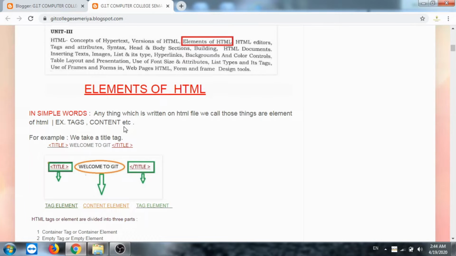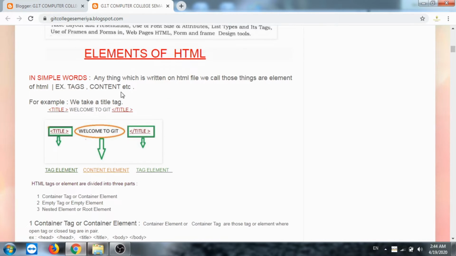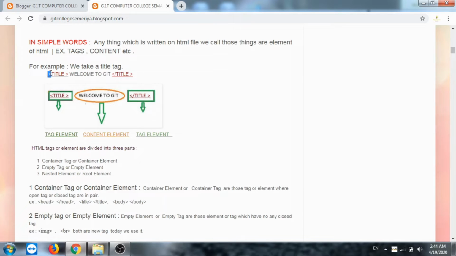I already explained that anything written inside our HTML file, we call an element of HTML, and examples are tags and content. With the example of the title tag, you will understand what an element is. You see here, this is the title open tag and this is the title close tag, and I write something here.